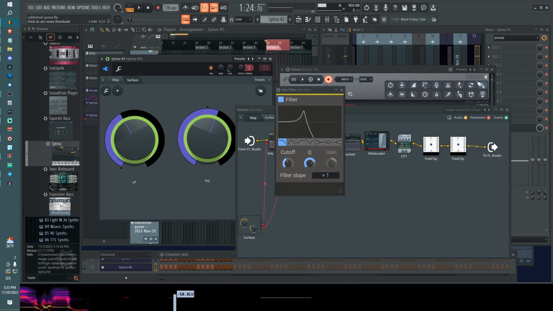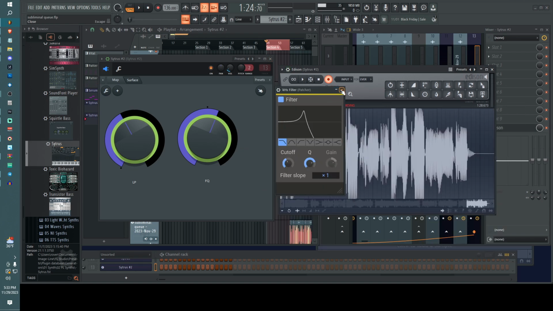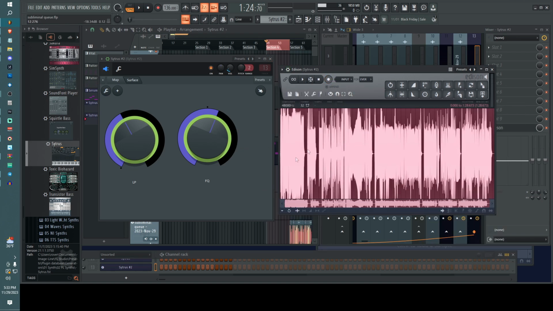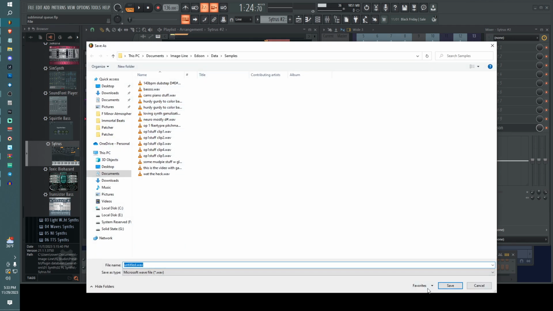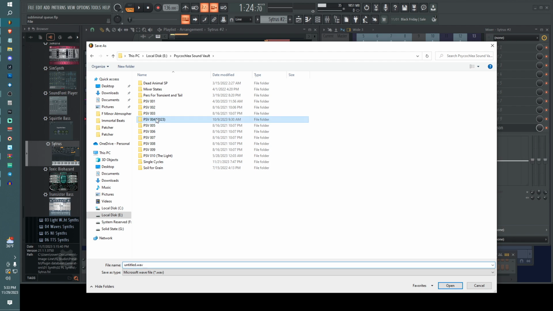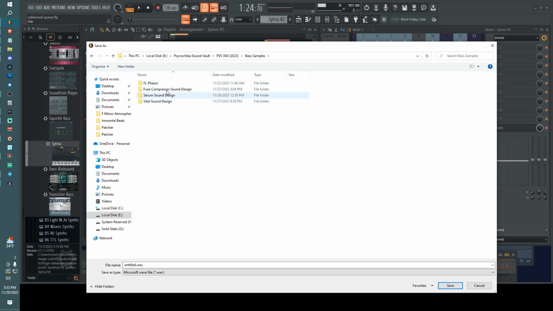Okay, cool. So we've got some sounds there. And usually what I will do after I've recorded a Mudpie session like this is I will save it. So let me just go ahead and do that. I'll just go to my bass samples here, and I guess technically this is